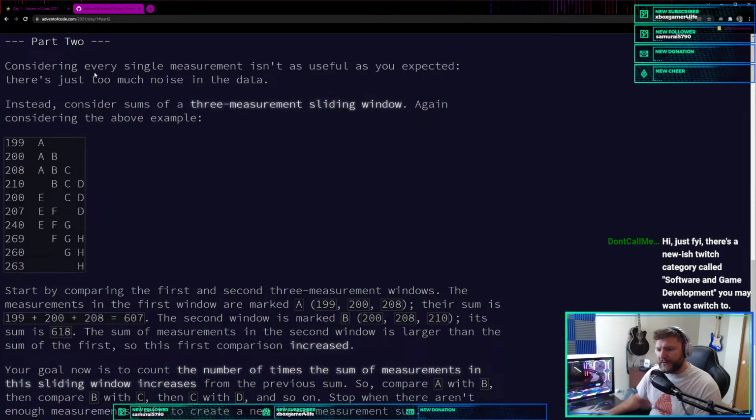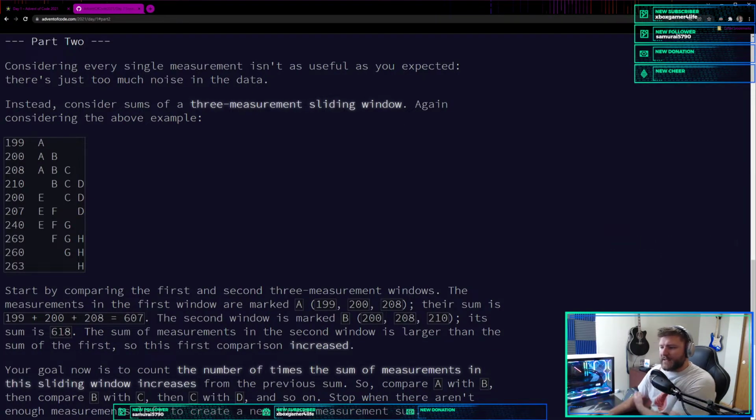Okay, part 2. Considering every single measurement isn't as useful as you expected, there's just too much noise in the data. Instead, consider sums of all three measurements of a 3-measurement sliding window. Again, considering the above example,